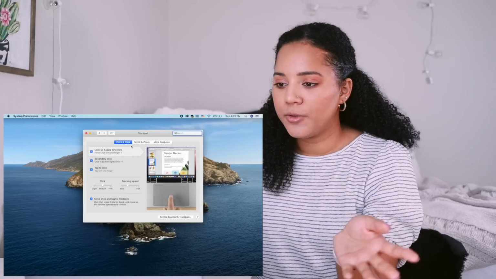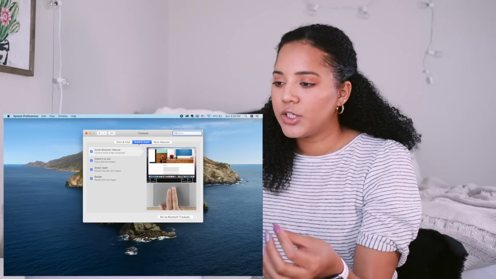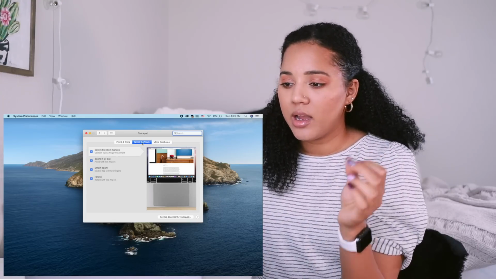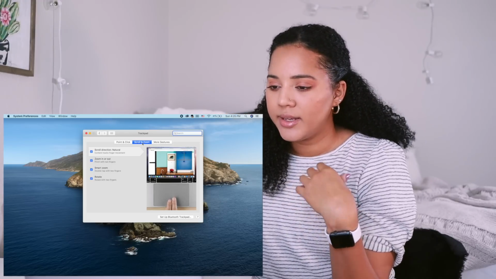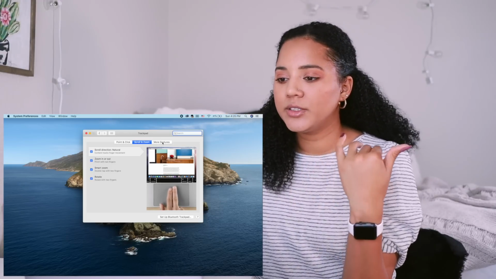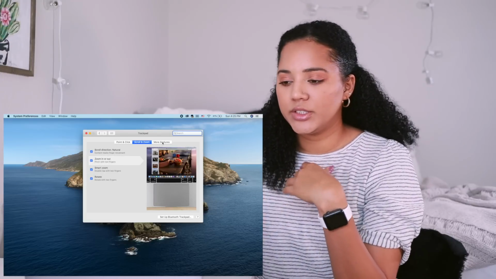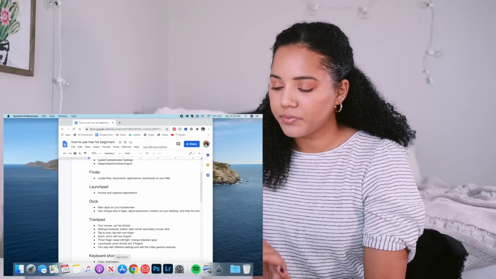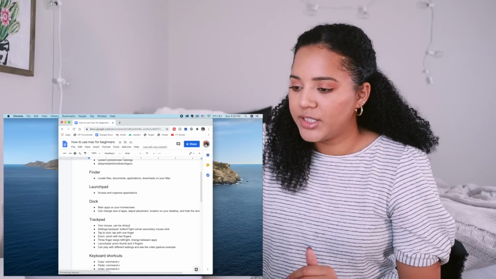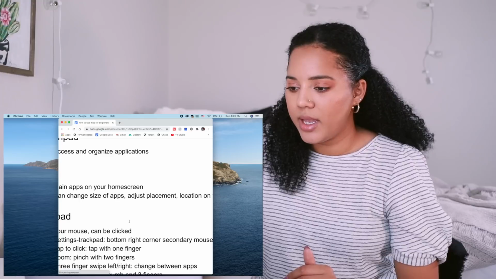You can also just go through and adjust your different settings. So the typical ones that Mac comes with, you'll see that to zoom in or out, you just pinch your trackpad. There's a couple of other different gestures, but the most frequently used ones that I do is to zoom. So let me pull up a tab and show you guys. So here in my Google Doc, if I just pinch my screen, you can zoom in,